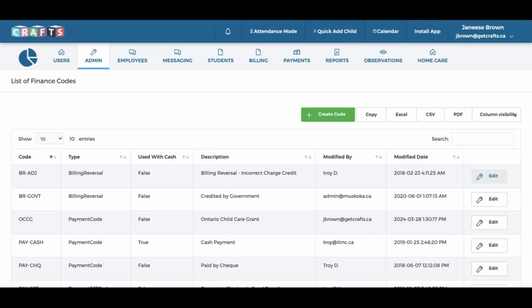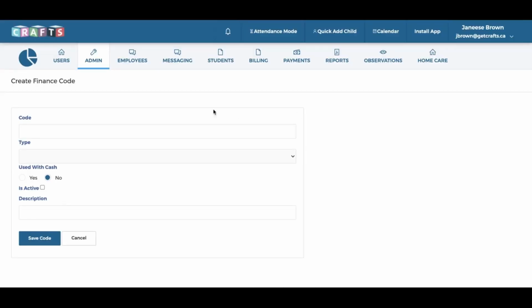button. If you need a new code to represent an undocumented transaction type, such as bad debt or write-off, create a new financial code by pressing the Create Code button. Enter the name of the financial code you wish to create, for example, BR, bad debt. Select its billing payment type, which for bad debt or write-off would be billing reversal, whether it can be used